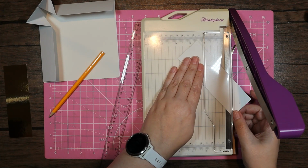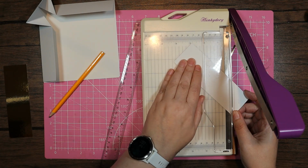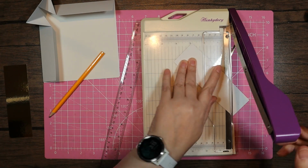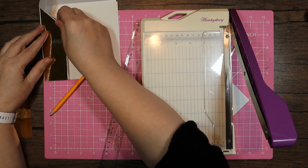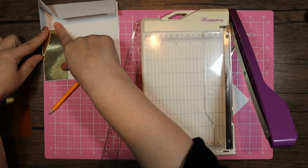So I'm putting the corner in there, and then that mark that I've just made there, just making sure it's still there, and then that should fit perfectly into there, and it does. Okay,